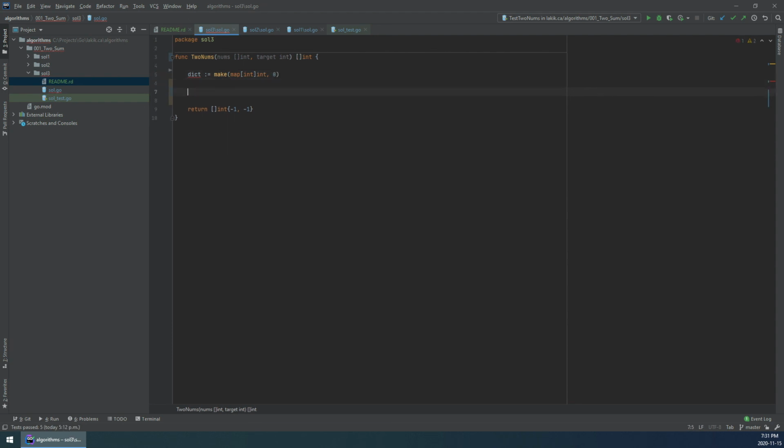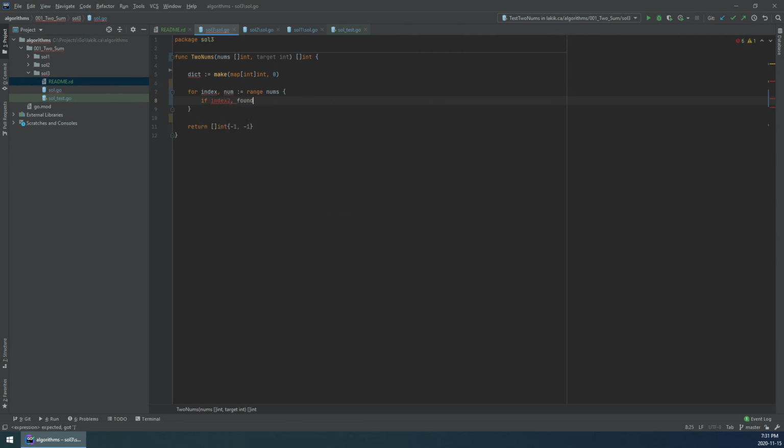Next we will loop through array for index num equal range nums, and now the same way we did in last solution, we will check if key target minus num exists in dictionary, and if yes, return numbers indices. So if index 2